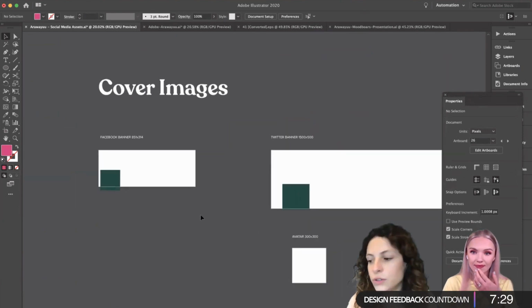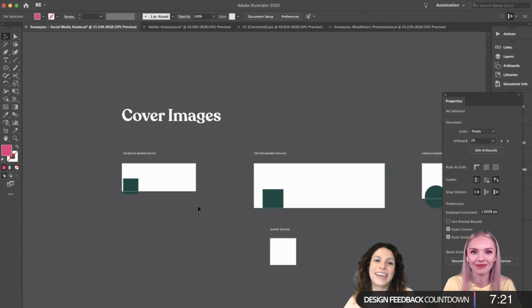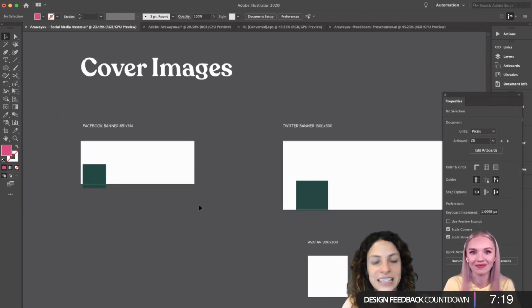The first thing that I do, I find the new dimensions. These dimensions are changing yearly now, or even monthly sometimes, because they change their interface.